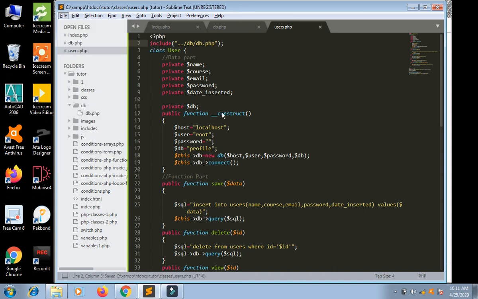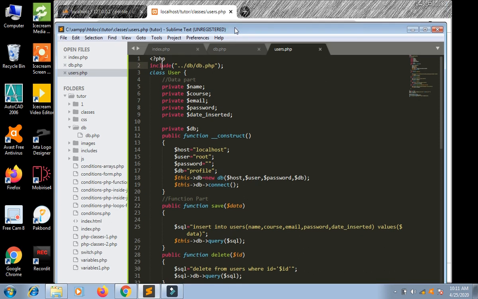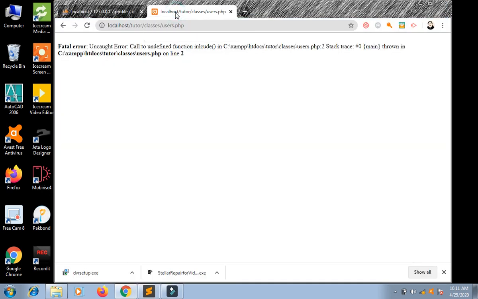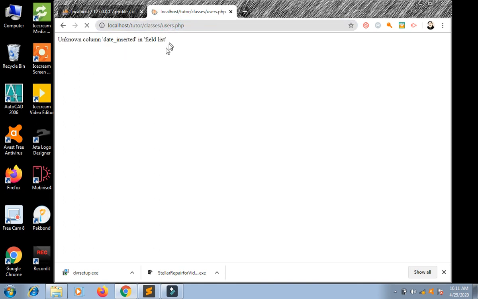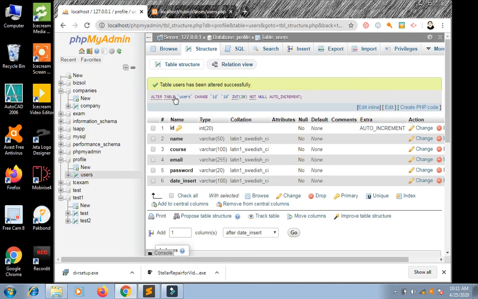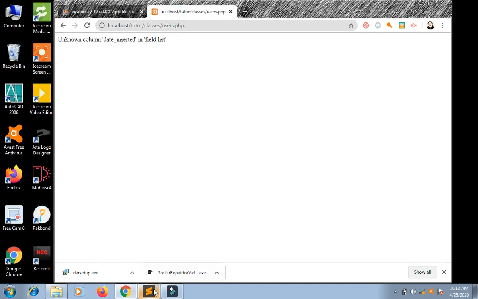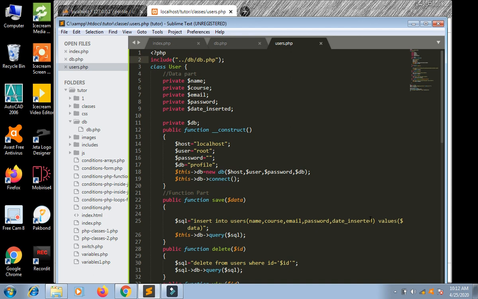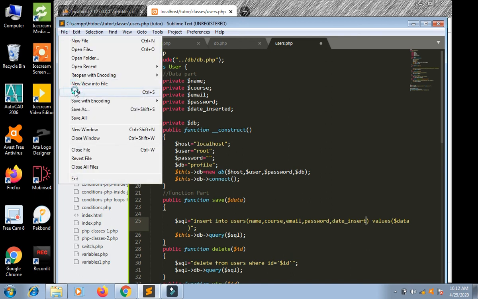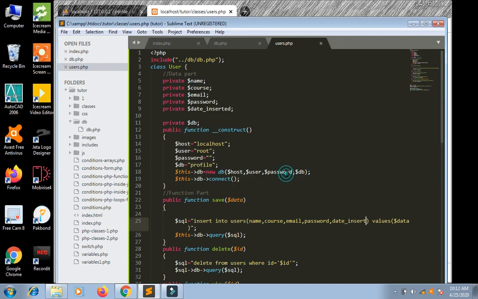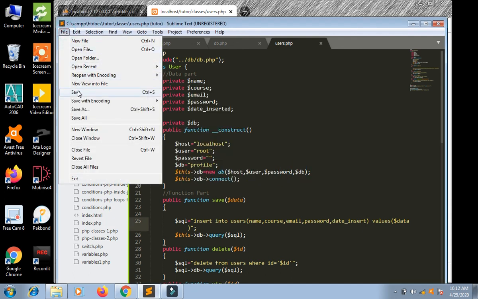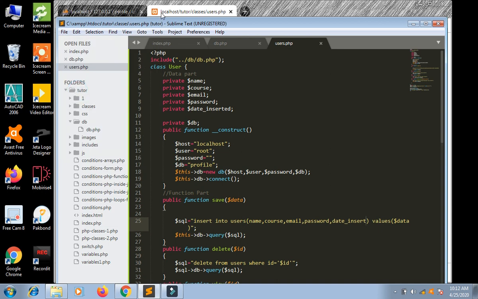Now we should go to the browser. Let's see. The date inserted field is an unknown column. What is the column? It is date insert, not inserted. So this is date insert. I should save this file and go here.